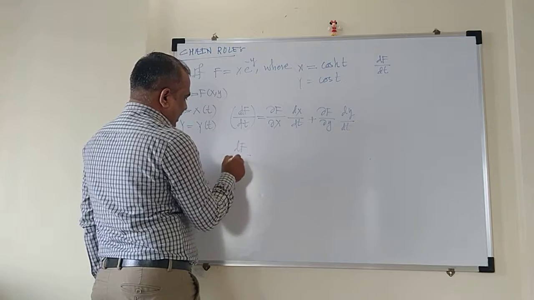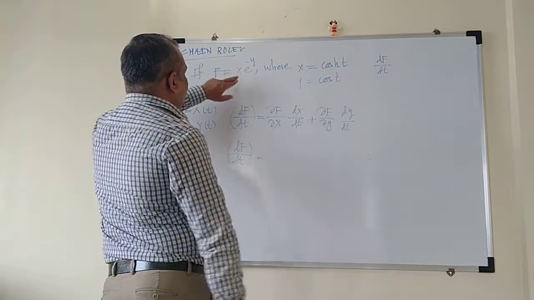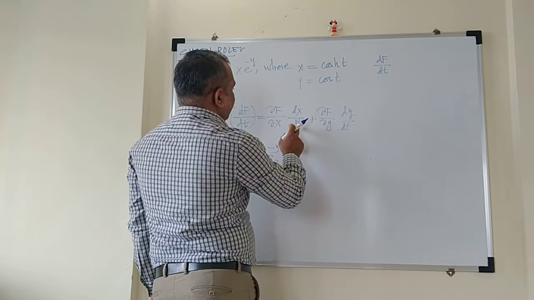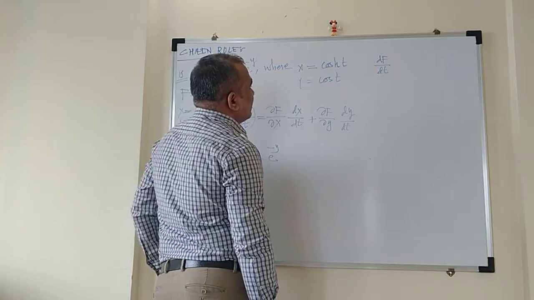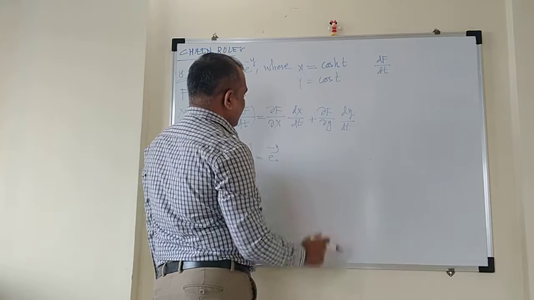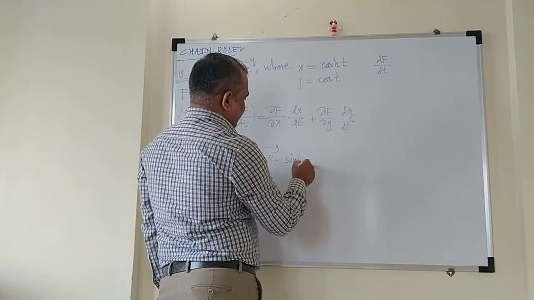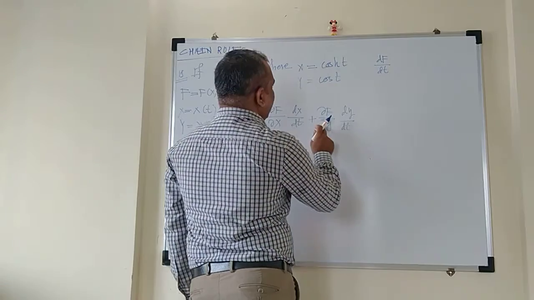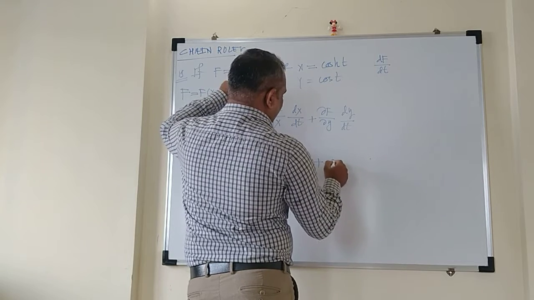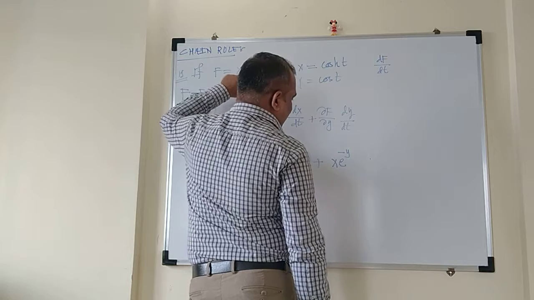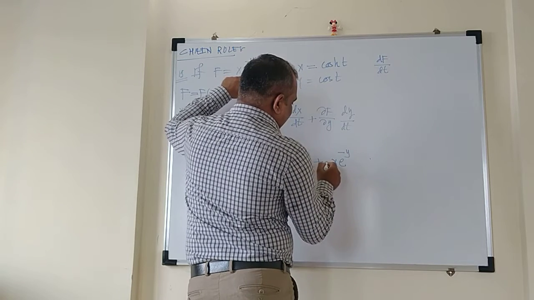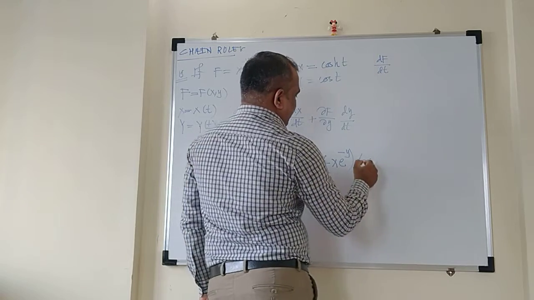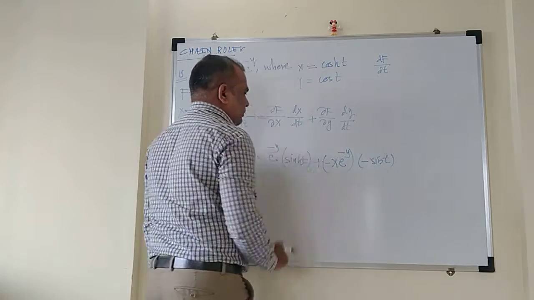And if you put the values, you will get its answer. ∂f/∂x is, now the differentiation of this function with respect to x will be e raised to minus y only, and dx/dt, differentiation of this hyperbolic cos t will be hyperbolic sine of t, isn't it, with respect to t, plus ∂f/∂y with respect to y will be, x is a constant, e raised to minus y, differentiation is e raised to minus y into differentiation of minus y will be negative, so we will get negative times this into differentiation of y with respect to t, which is minus sin t, so minus minus will become plus here.